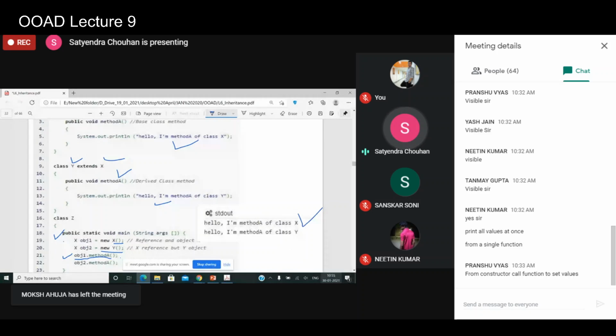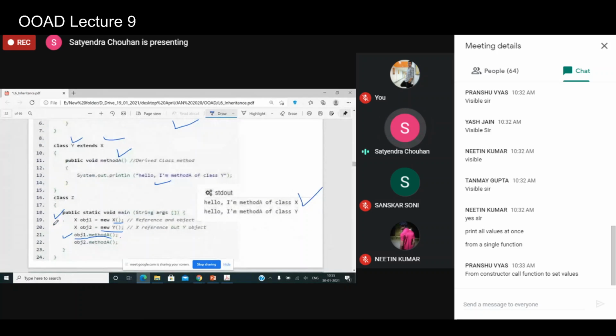However, in the second case, where the reference is of class X and the object is of class Y, when this program is compiled, it is checked which class the reference belongs to, class X, and whether method A is there, and it is there.